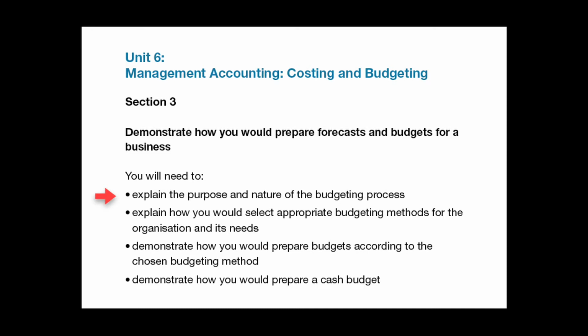Ideally using the whole or part of your own organisation or one that you can research, very briefly describe budgeting methods such as incremental, zero-based, programme etc. and select and justify one of these. And following on from the previous criteria, describe how you would prepare, that is gather data, forecast, plan and implement